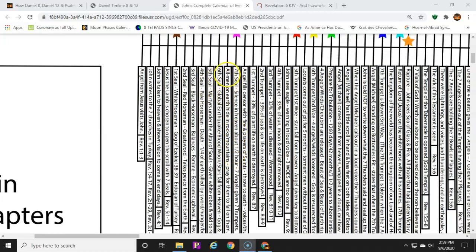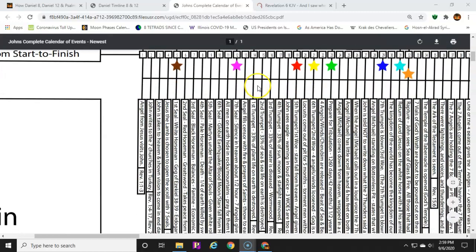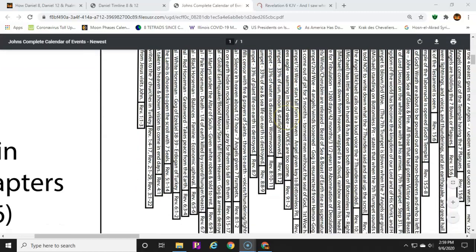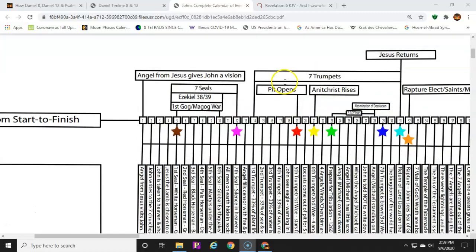So that sixth seal has already happened. It can't happen any time later. It's already happened. All the seven seals are broken at this point. And now we are starting into the trumpet phase, which then leads up to a procession of buildup of events that allows Antichrist to rise.